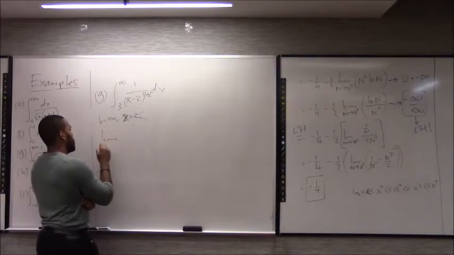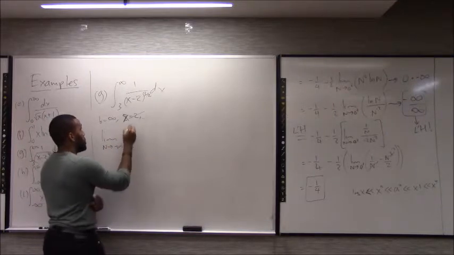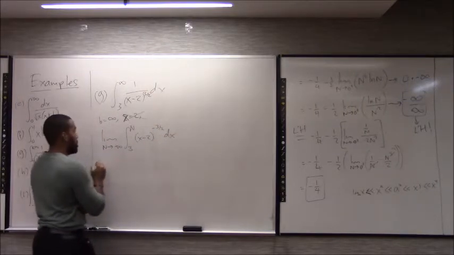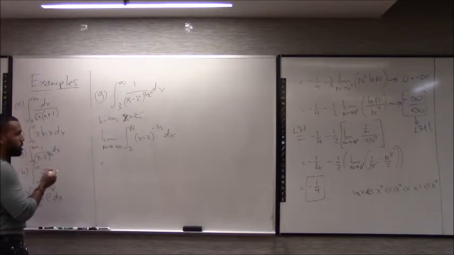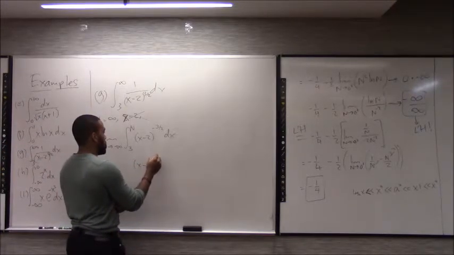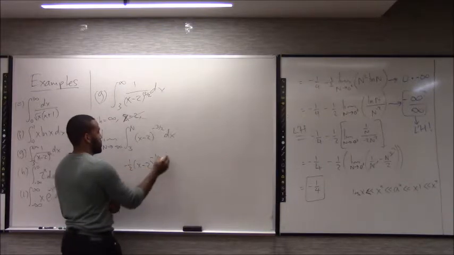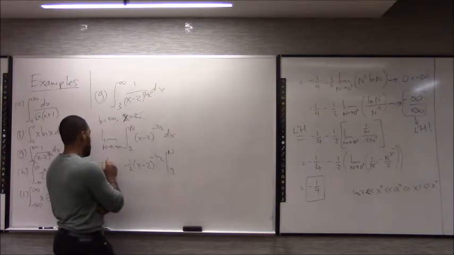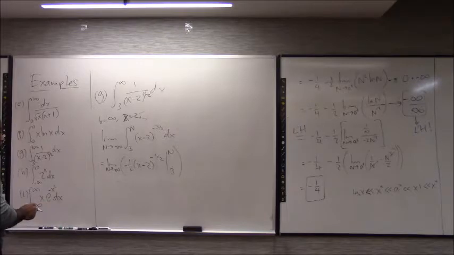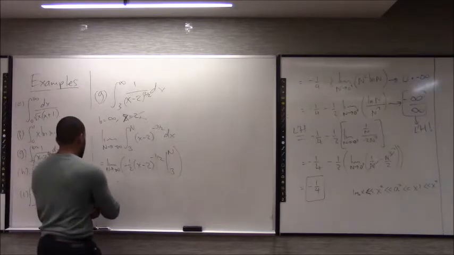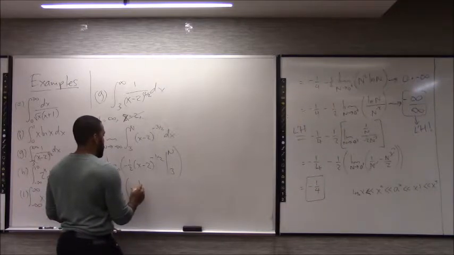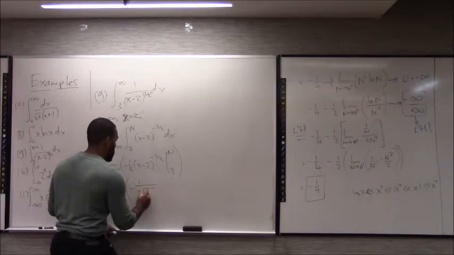So as n approaches infinity of the integral from 3 to n, alright, this is x minus 2 to the minus 3 over 2 dx. To do a u substitution here, your du would equal dx, so you can kind of just do the power rule with this guy. So you add 1 to the power, divide by the new power. So you get that, and so now we'll have a limit as n approaches infinity of minus 1 over 2 radical of n minus 2 plus